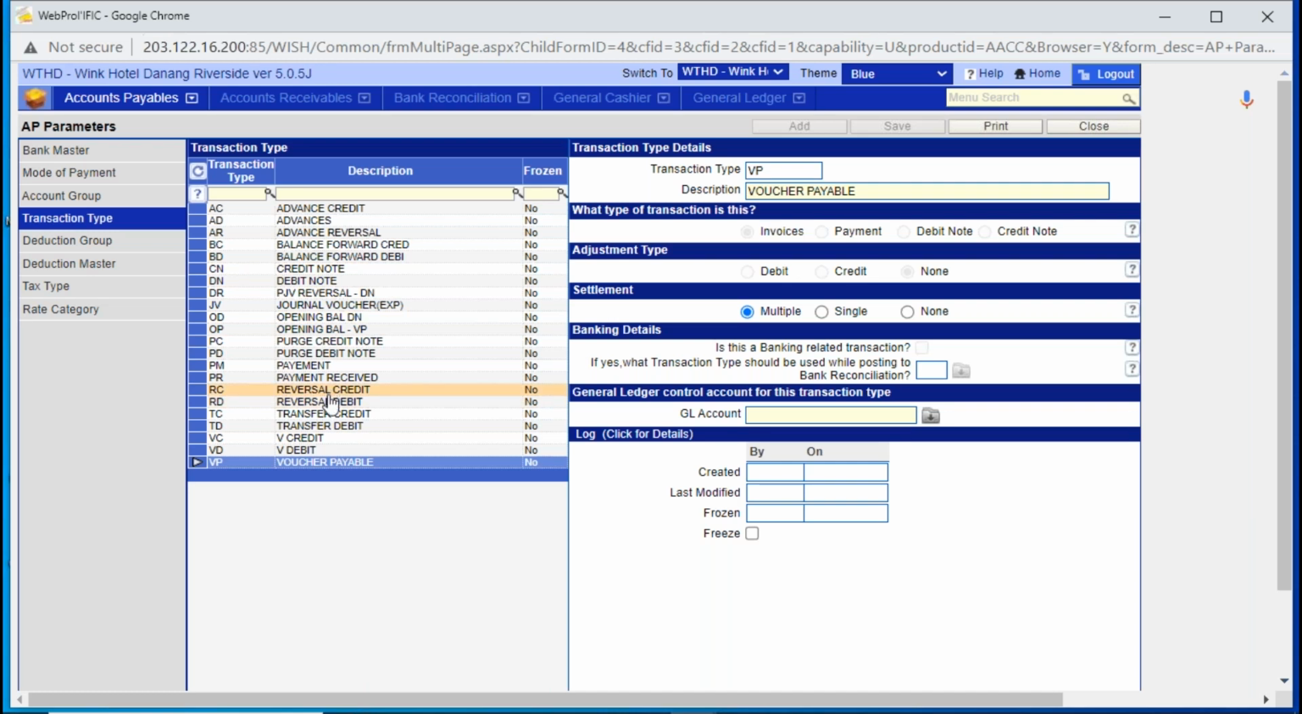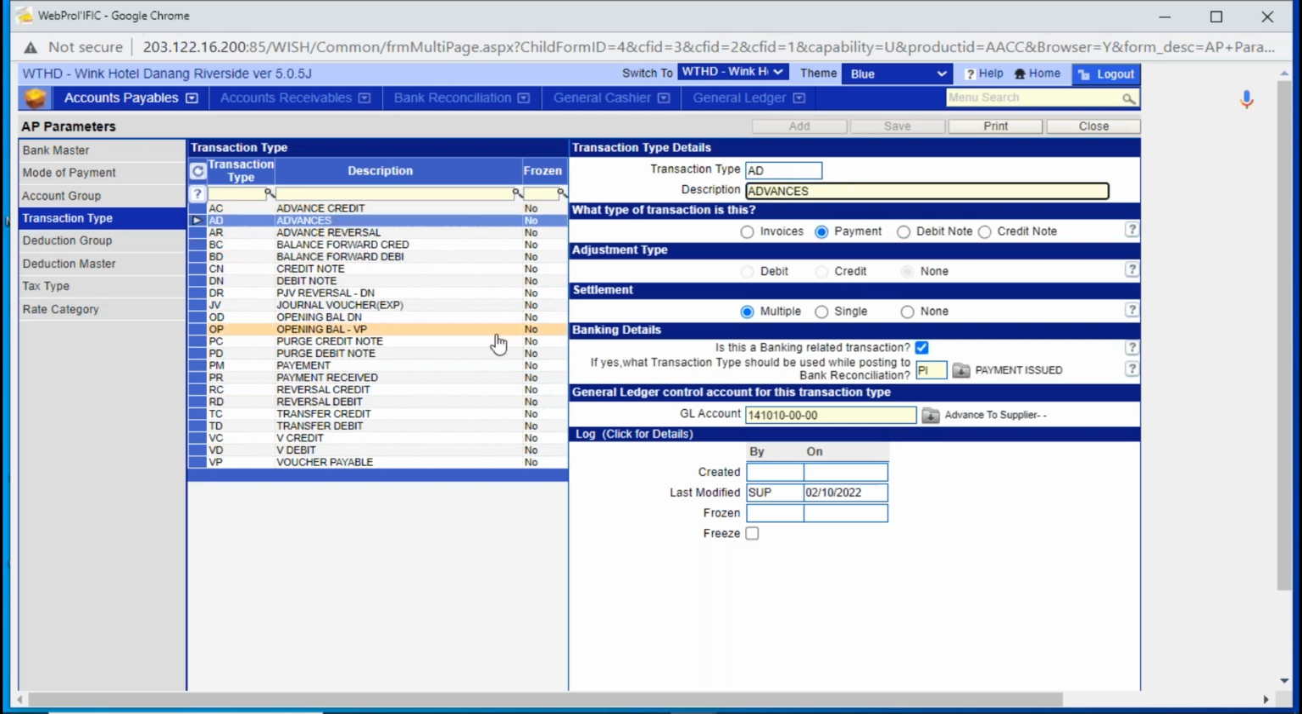These transactions: RC, RD, transfer credit, transfer debit, voucher payable, payment, debit note, credit note, balance forward credit, balance forward debit, advances. These are some of the standard transactions which are already defined in the system. You don't have to come and create it. Okay. Now, at the most, only in case of advances, which means when you're making